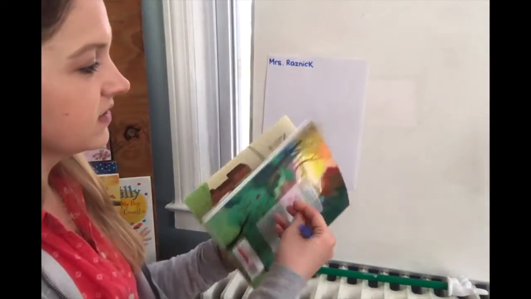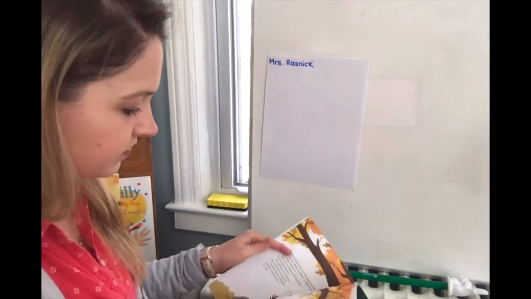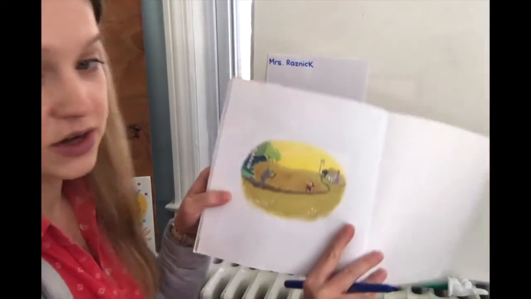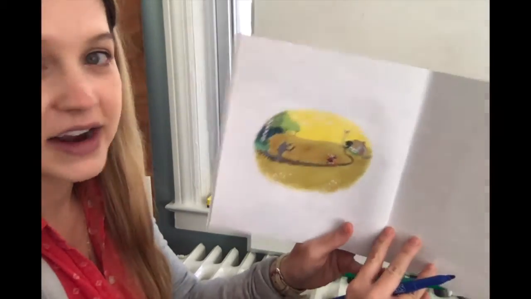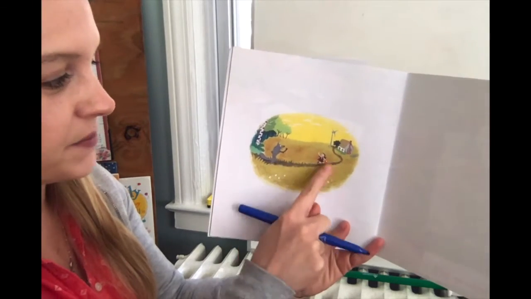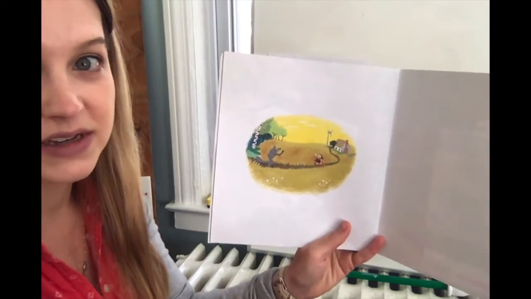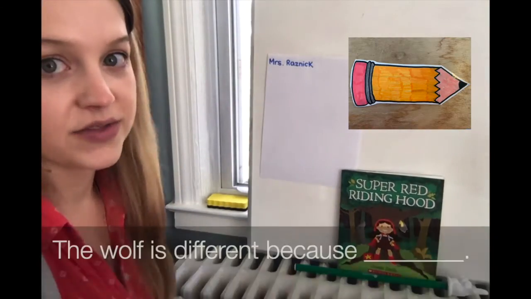He was still the big bad wolf at the end of the story. But this story even shows a nice picture to show how he is different. In this story, we found out that he was only being grouchy because he was very hungry. And after Super Red Riding Hood shared her raspberries with him, something different happened here. Today, for the activity, we're going to be writing about that.